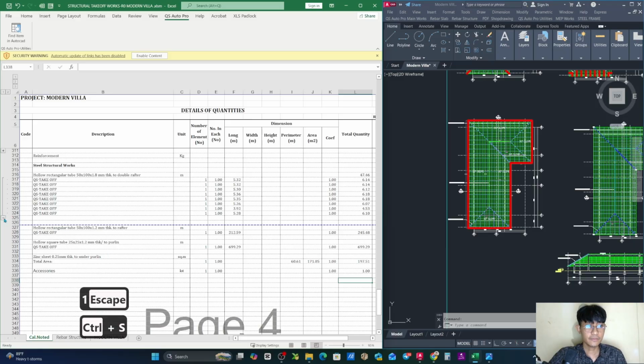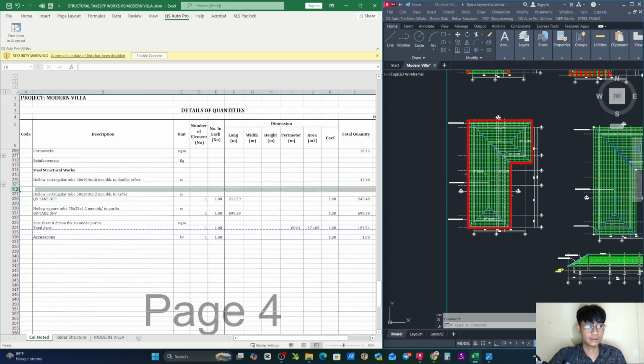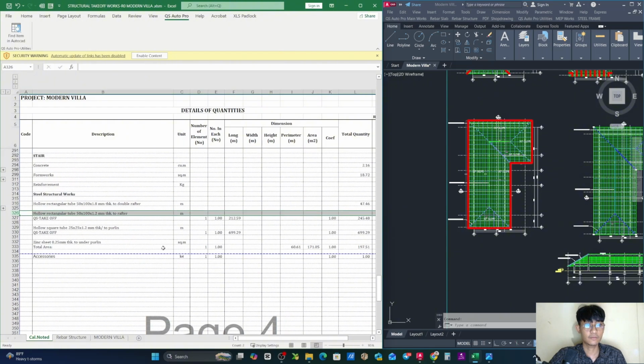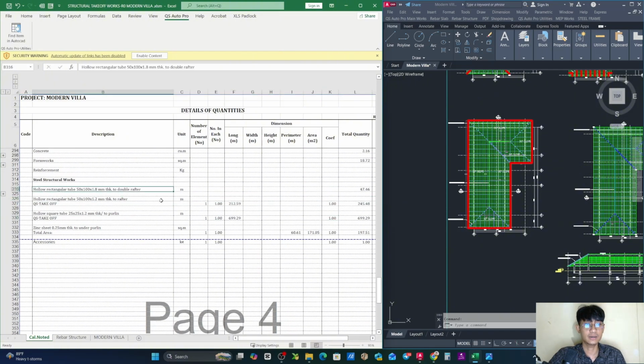So all we have now is the structure for our roof. As you can see, we got the double rafter, the rafter, Purlin, and the zinc under the Purlin. So for right now, we got all the structure for our roof tile,